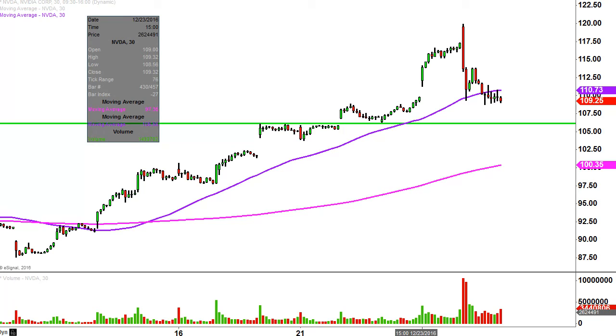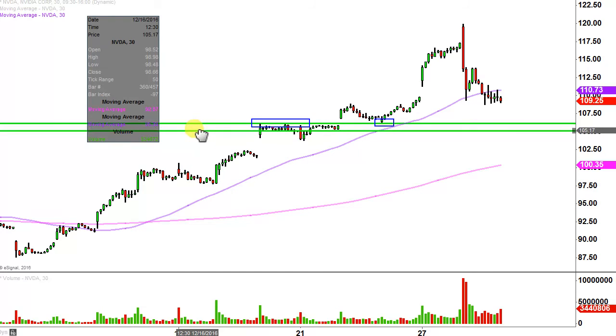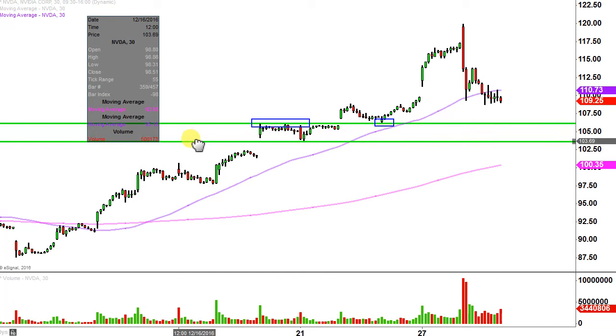Sorry about that little technical hiccup, but like I said, it was resistance, broke, pulled back, and acted as support. So 106 is a very important level of support. If 106 can't hold and the price continues to pull back, the next key level of support after that is right around 103.75. As far as resistance levels, I'm not going to really talk about those, because at this point,